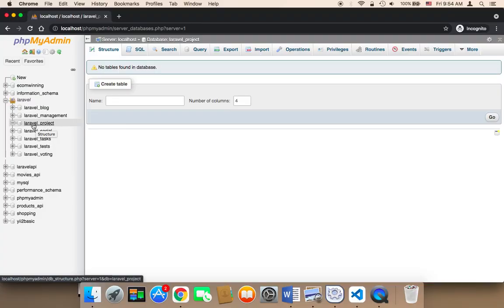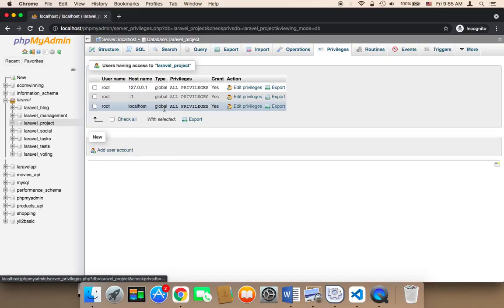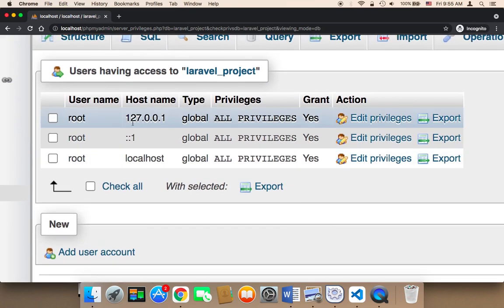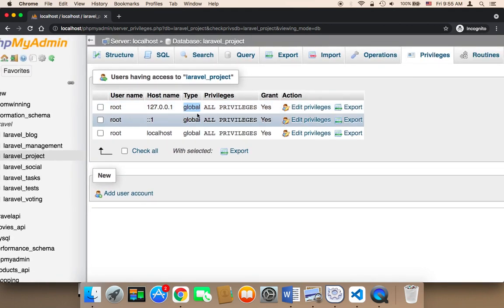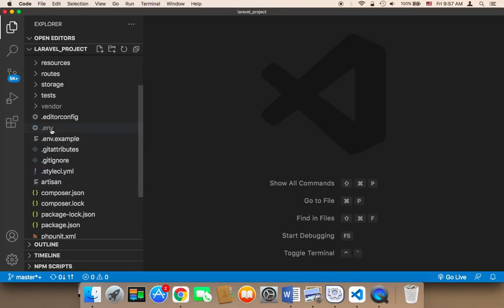You need to click on the privileges, and then you will find that here in the privileges we have the username. The username is root, the host is 127.0.0.1, and the type is global, with all privileges. So anyone can use these credentials to access my database, and we should use this. The username again is root, the hostname is 127.0.0.1, and the type is global. You can edit that, of course, but I wouldn't recommend doing that at this point because we are in the development stage. So now we need to take these credentials and head on over back to the browser